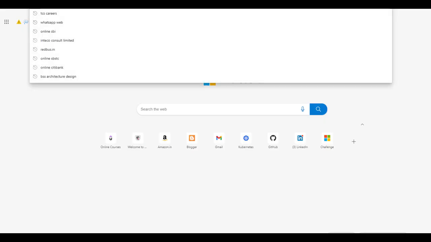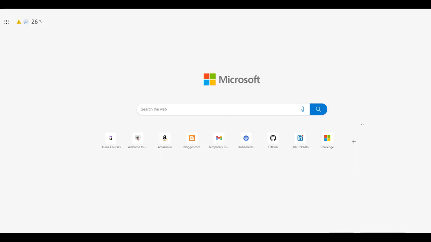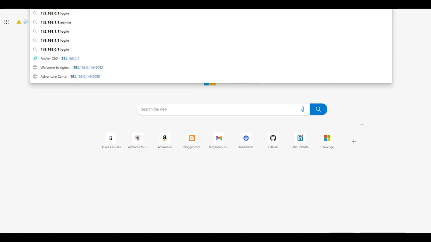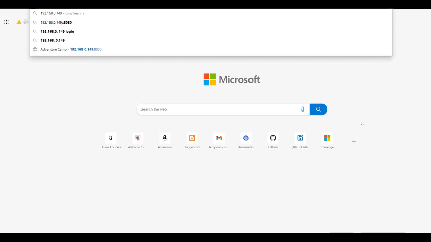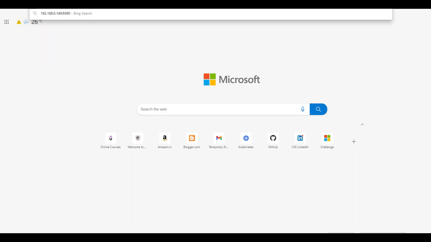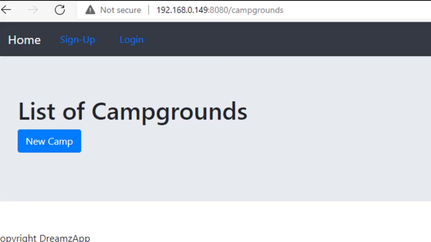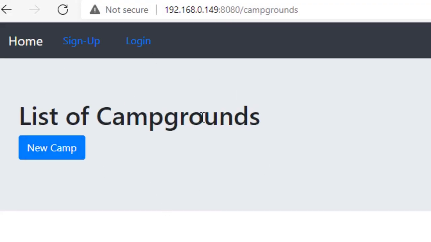Now we have opened our application. If you remember, the earlier application that was running on the server had one cam.